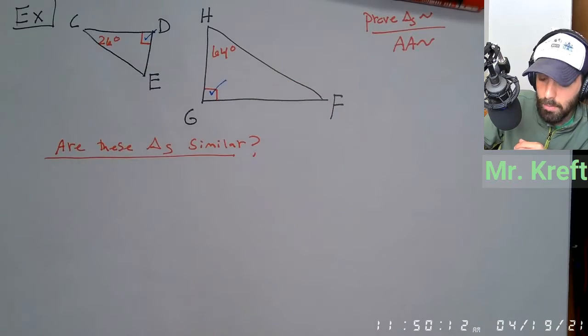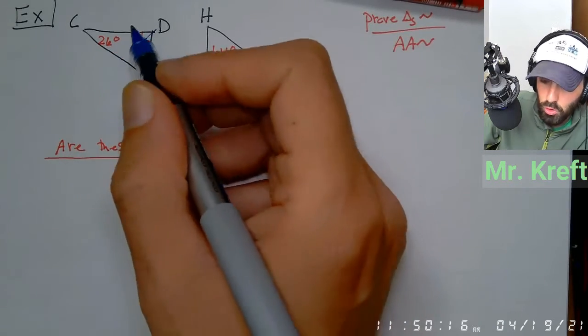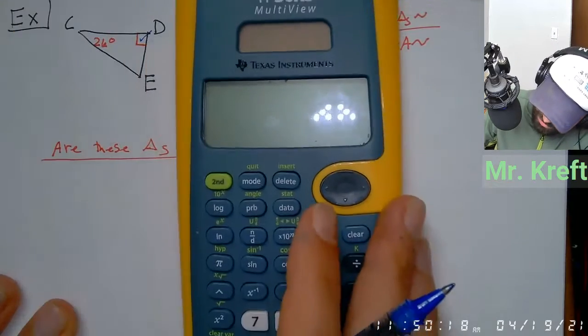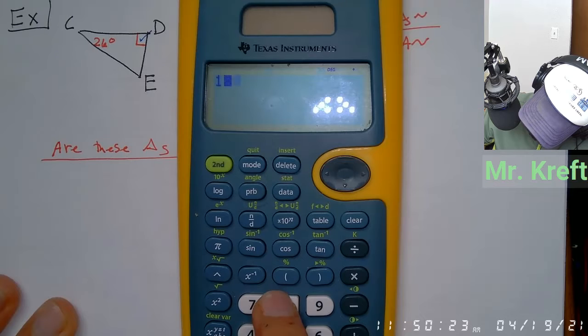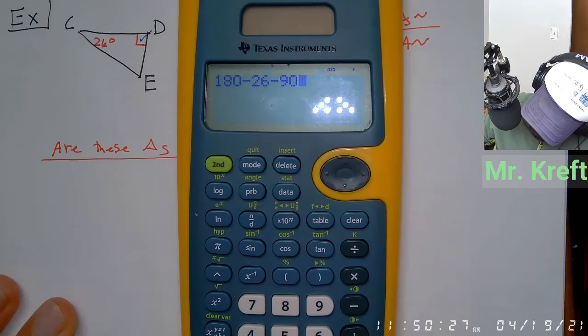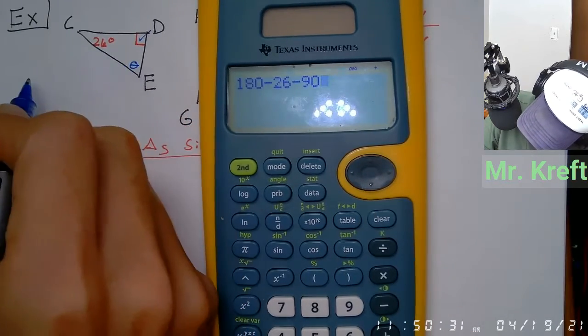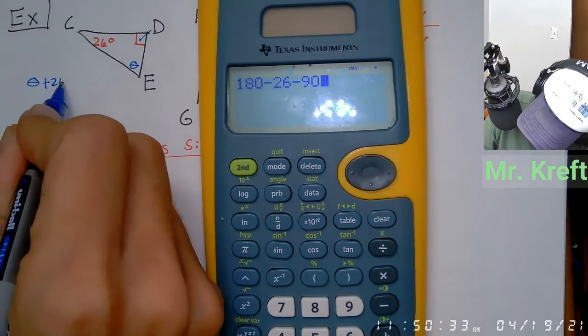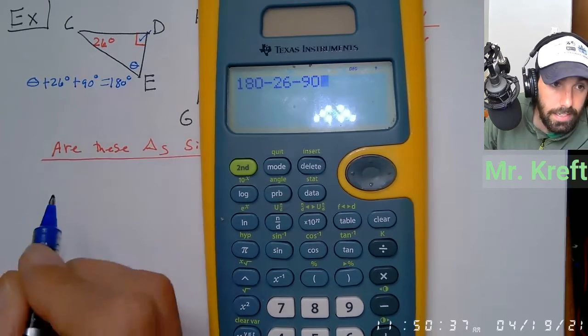Right? What do we know? What do we know about angles in a triangle? We know that the angles in a triangle add up to 180. So check this out. If I go 180 minus 26 minus 90, right? So what I'm doing here, if I call this theta, theta plus 26 degrees plus 90 degrees has to equal